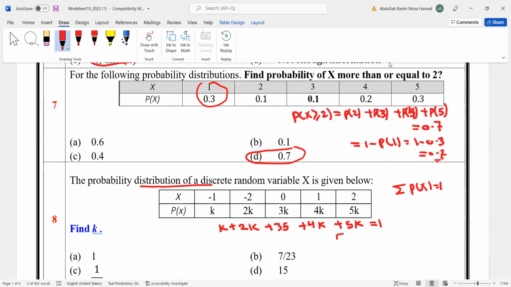So 15k equals 1, k equals 1 over 15. So 1 over 15, 2 over 15, 3 over 15, 4 over 15, and 5 over 15. The summation equals 1. So the answer is